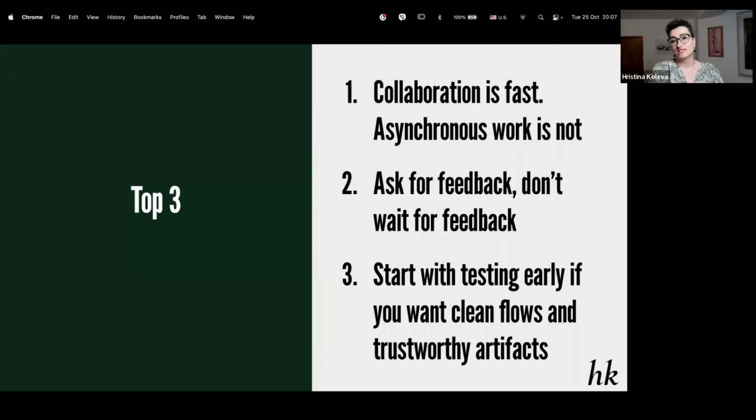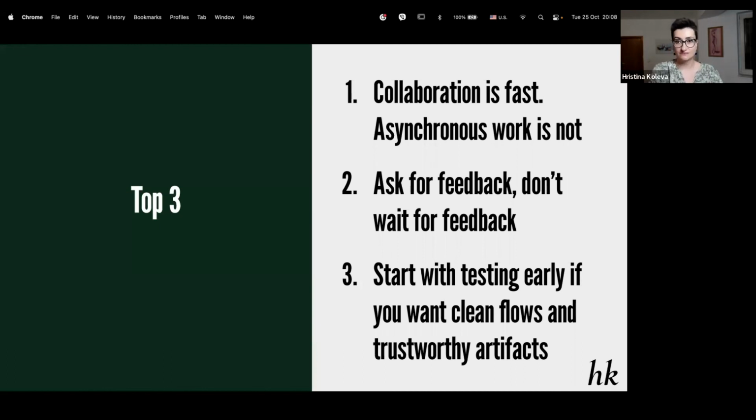And last but not least, something that I've continued to repeat, and I'll continue to repeat, that testing helps, even if you don't ask for feedback, but you wait for feedback. It should be a team practice to involve any sort of testing or test knowledge or test skills as early as possible.